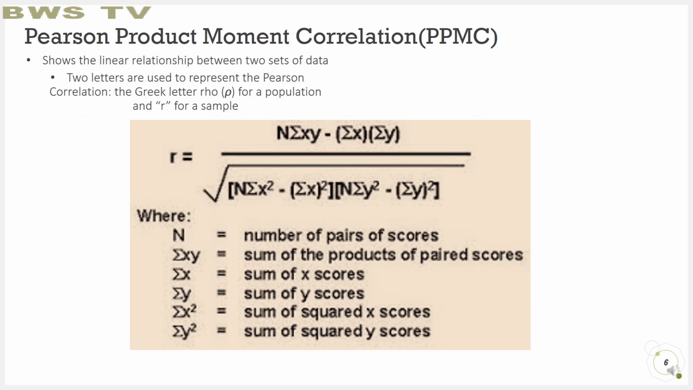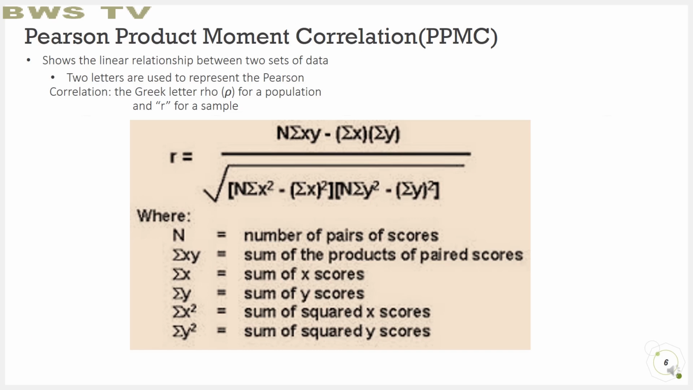r is equal to n times the summation of xy minus the summation of x times the summation of y, divided by the square root of open bracket, n times the summation of x squared minus open parenthesis summation of x close parenthesis squared, then close bracket, times open bracket, n times the summation of y squared minus open parenthesis summation of y close parenthesis squared, then close bracket,